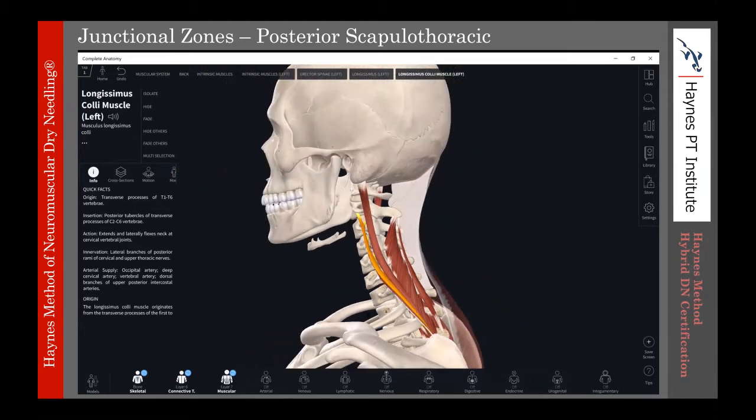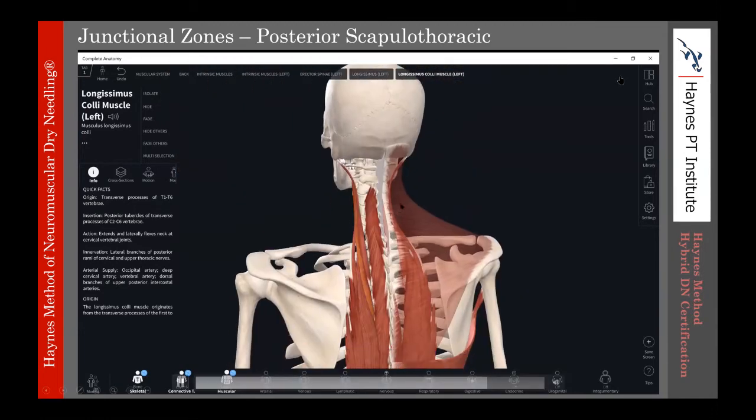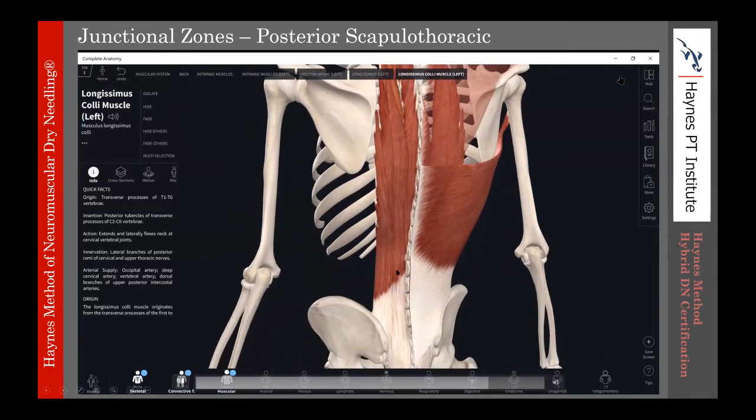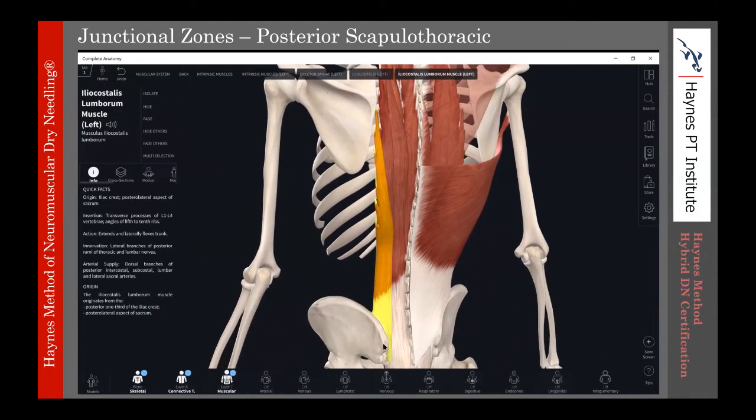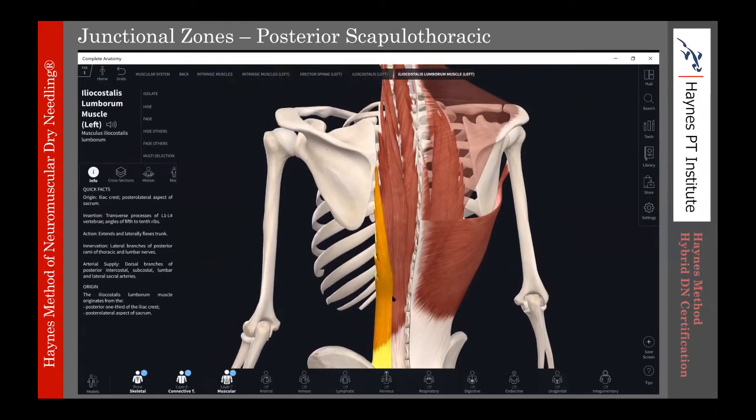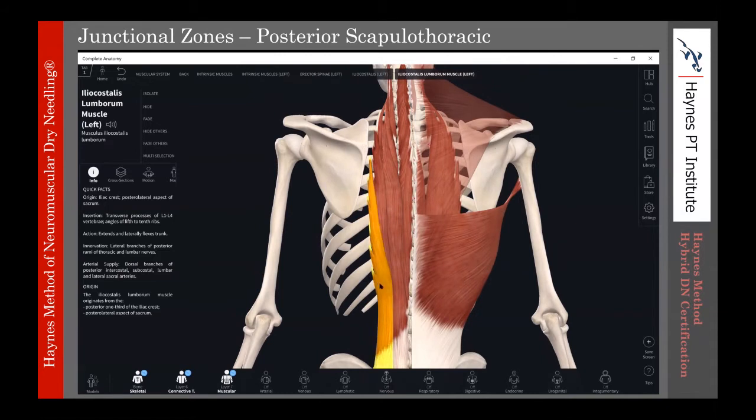And so that's longissimus. Let's look lastly at iliocostalis. We do have iliocostalis lumborum. Again, its origin is the iliac crest and the posterolateral aspect of the sacrum. It inserts into the transverse processes of L1 through L4, and then the angles of the 5th to the 10th ribs. As we get to the 10th, 11th rib, we're going to see that iliocostalis move a little bit more